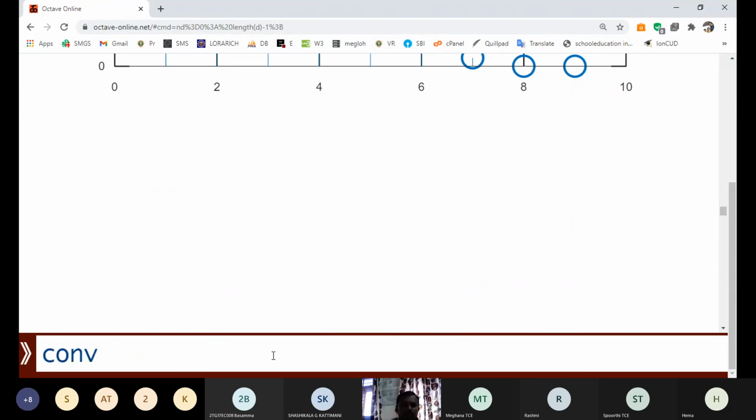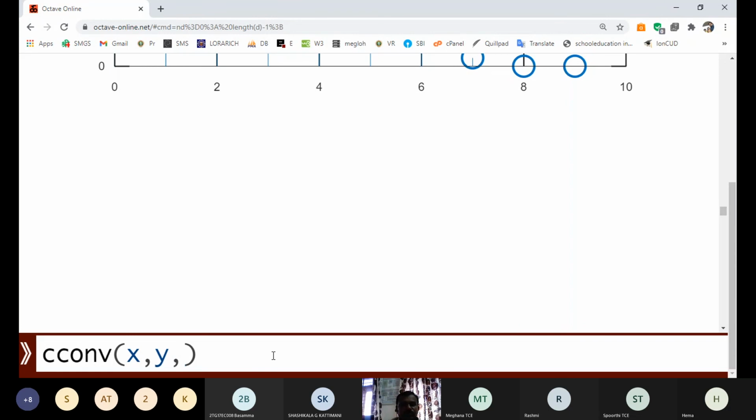Instead of conv with x comma y, which is linear convolution, if you want circular convolution, use the circular convolution function, with the length of the signals mentioned.